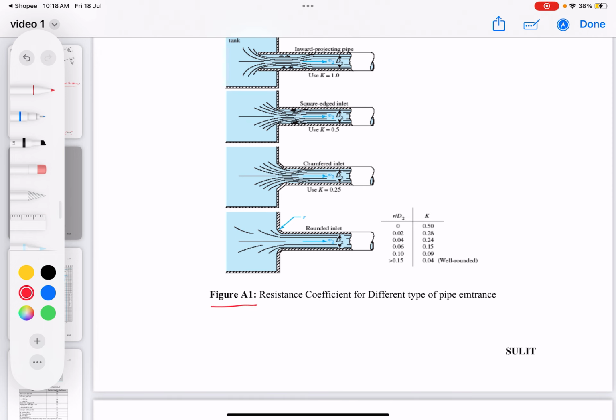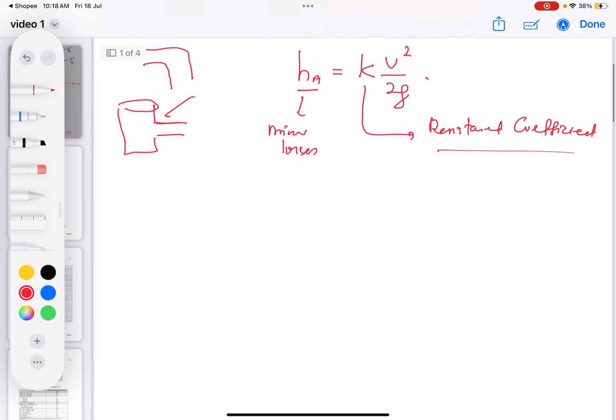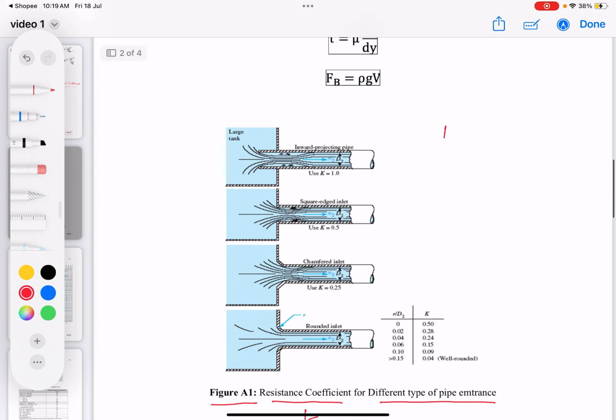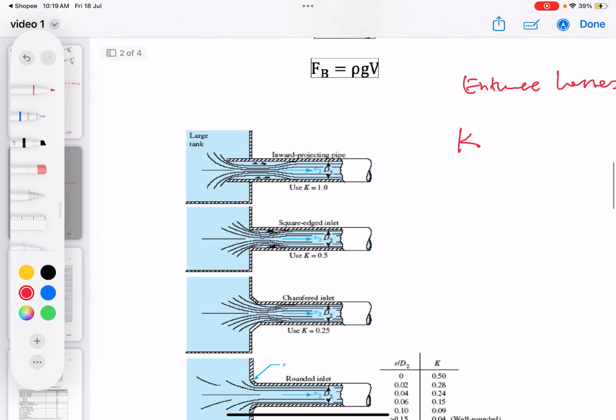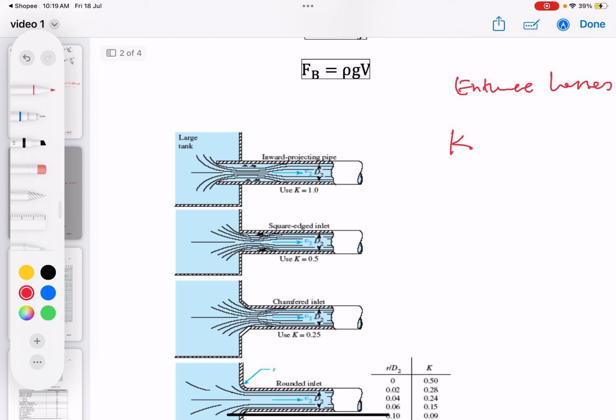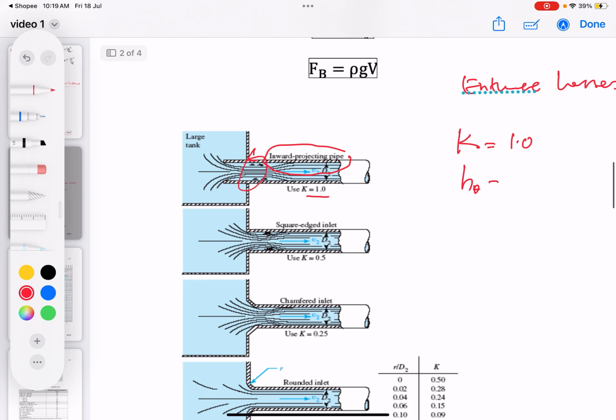Figure 1A gives the resistance coefficient, represented by the symbol K, for the different types of pipe entrance. This is what we call an entrance loss. Let's say in the question they describe that the pipe used was an inward projecting pipe from the large tank. Then definitely I'm going to use this data, and the K value is going to be K equals 1. Therefore my formula is going to be HA for this area equals 1 multiplied by